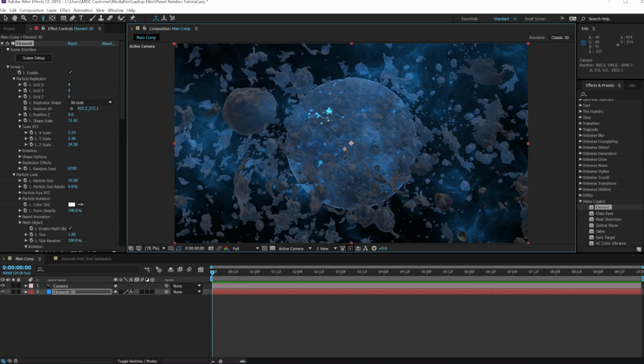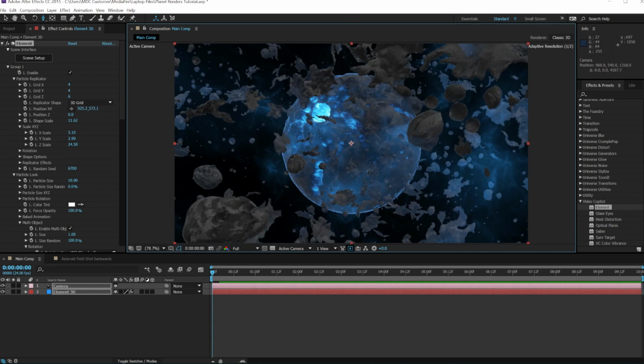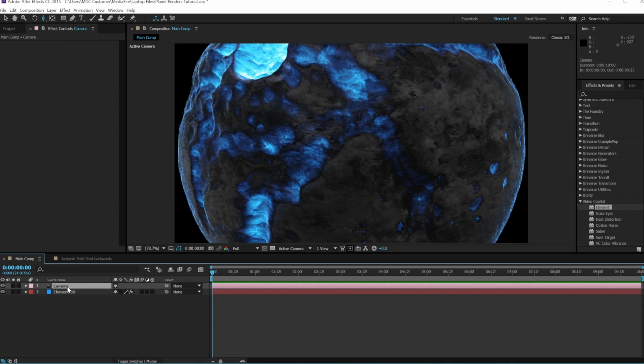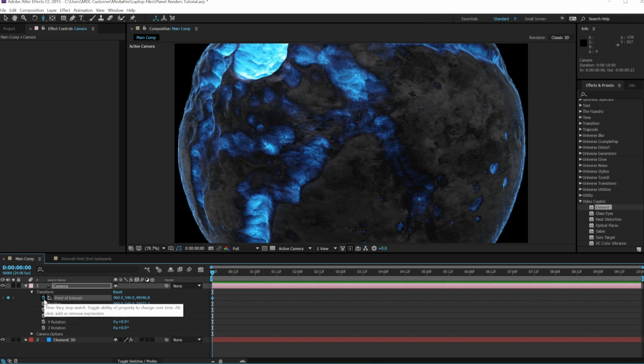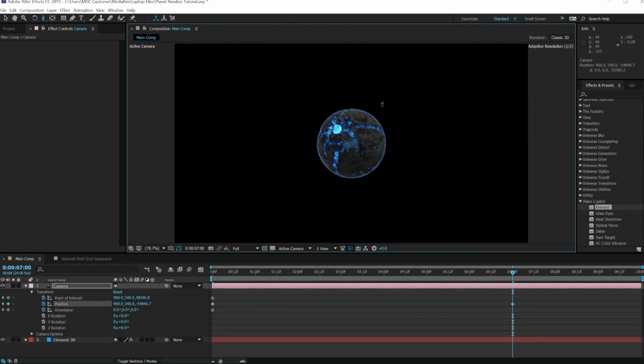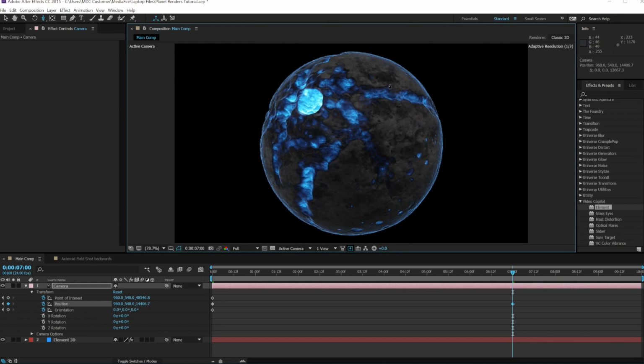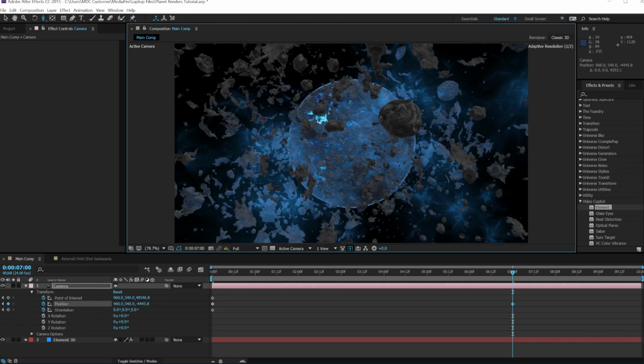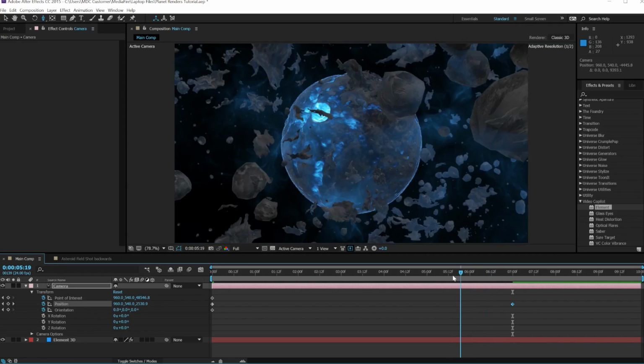So the next step is to create a rough animation for your camera. We know that we want the camera to be closer to the planet. So let's go ahead and zoom in, maybe right about here. And then we'll just drop down the settings, go to our transform settings on our camera, and we'll click on point of interest, position, and orientation. And then let's scroll forward in time to about 7 seconds, and then let's zoom out until we want. It's kind of touchy. So let's just go right about here, just until we can see that edge. Okay. So now if we play this back,